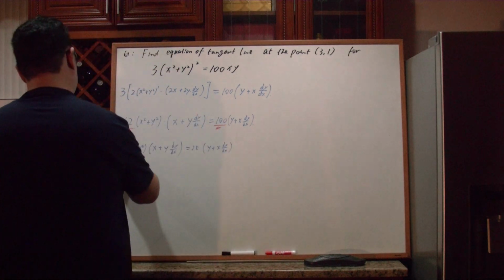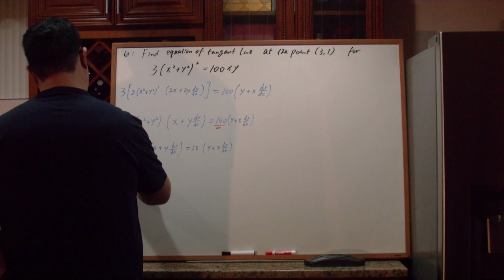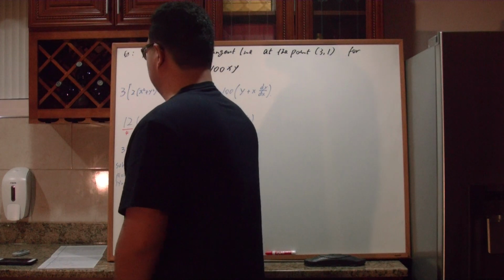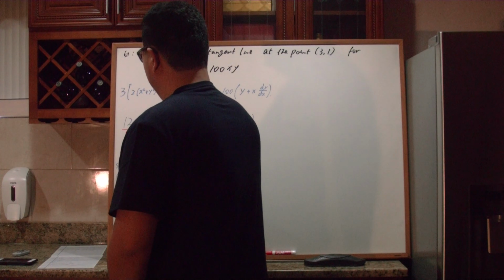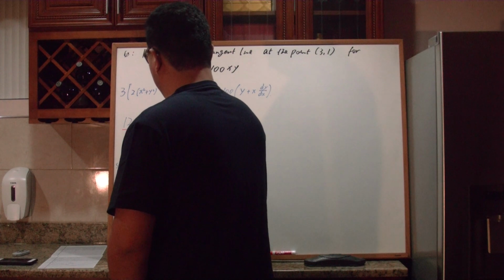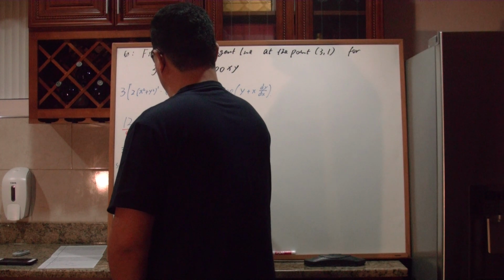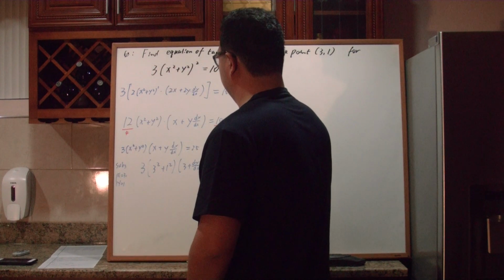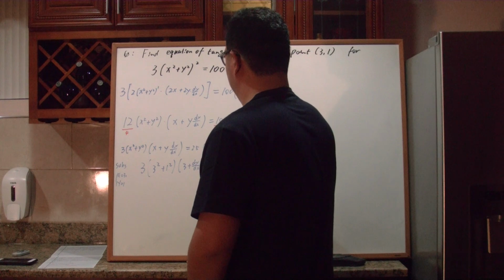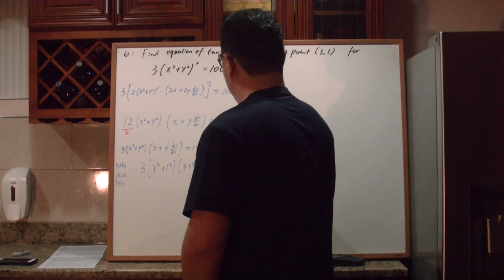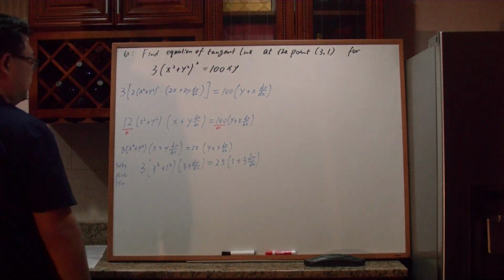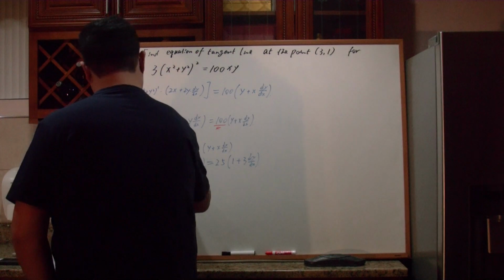I could just substitute x equal 3 and y equal 1 into this expression. I get, well, x squared plus y squared is 10, so 30, right? 25y plus 3 dy dx. What I get here is, well, 90 equals